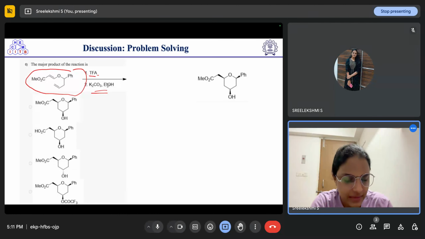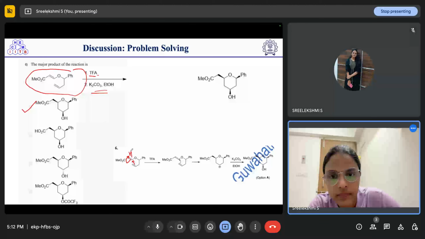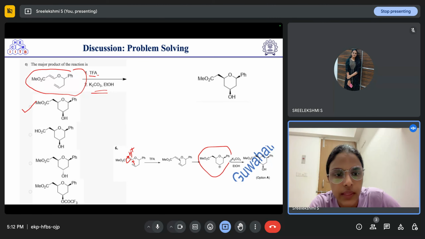So here I think this example we have already seen earlier. So here the correct answer is option A. So here what is happening is that first in the presence of this trifluoroacetic acid, this bond will attack over this center and this will take up a proton,